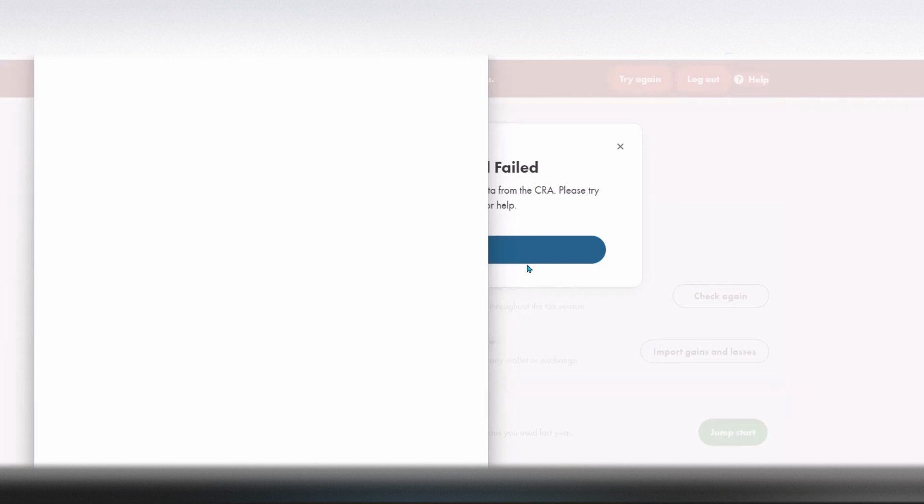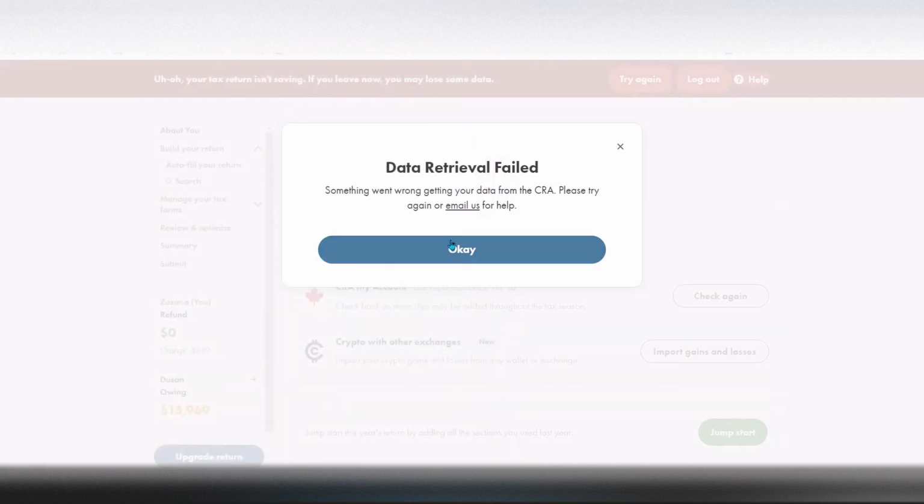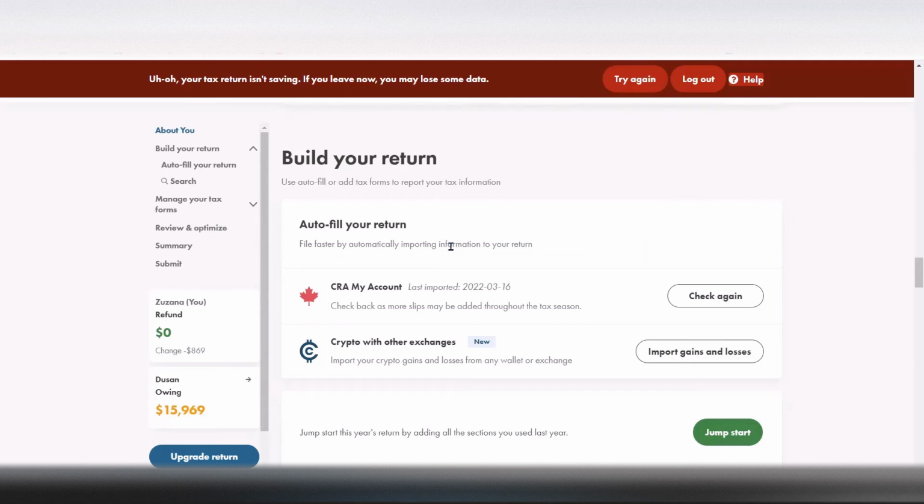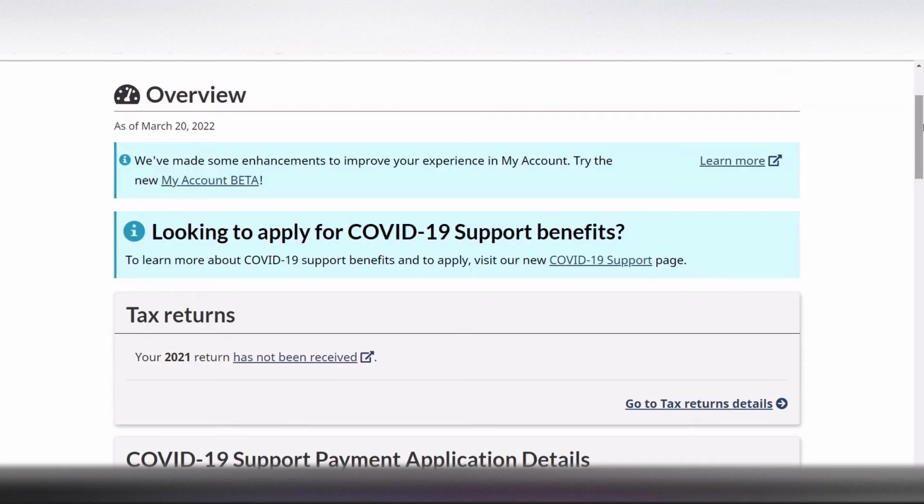It says it failed. It should be asking you to first log into your CRA My Account, and I have done about half of that. I haven't finished that, so maybe that's why this says it failed. So what I'm going to do is finish my login into my CRA account, and then we'll just do this again. So I logged into my CRA account,